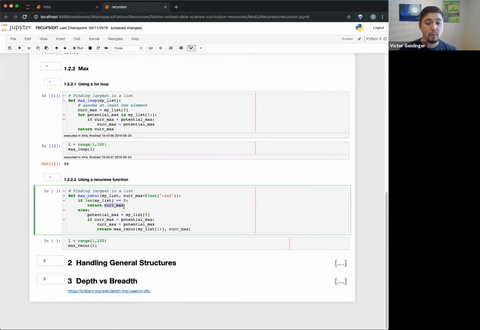If that's not what you wanted, if you wanted to return some sort of error, you'd have to encode that outside of this function. Otherwise, I'll go through here and get my potential max. It'll just take the very first element in the list, and then it'll do the same thing. It will compare the potential max with what it had before. If it's the first time running through, it'll be negative infinity, right? Current max equals potential max, and then it'll return the maximum of the rest of the list, which